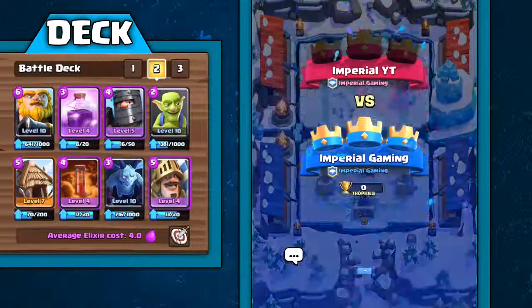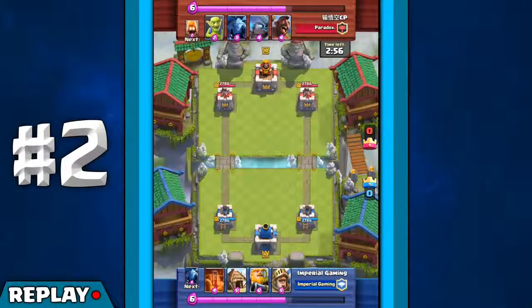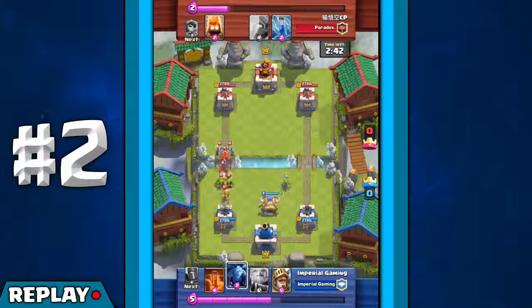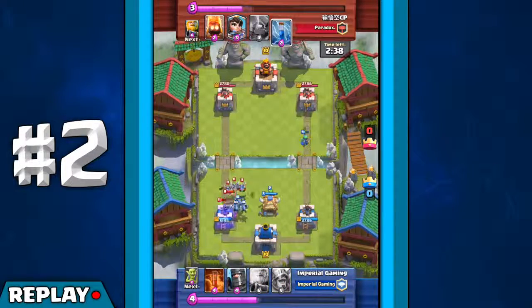Now some might say that the elixir pump might have been better than the goblin spawner for this deck, but I've been facing so many princesses and miners that the pump normally gets taken down before it can produce all 7 of its elixirs. In our first match, facing somebody with a Hog Rider deck, which is a perfect example